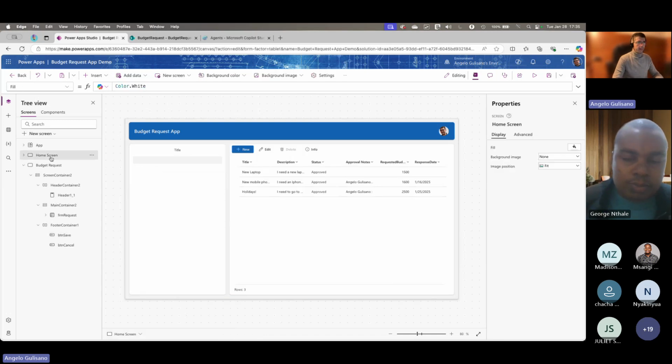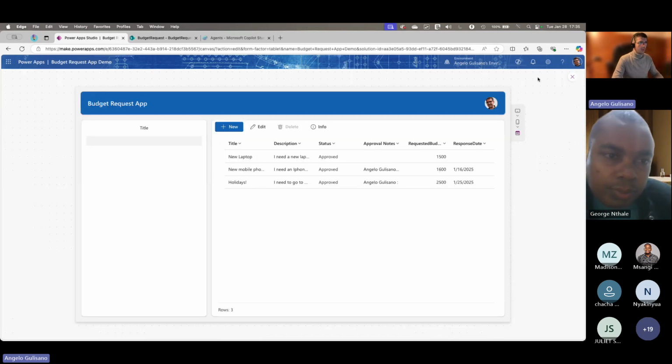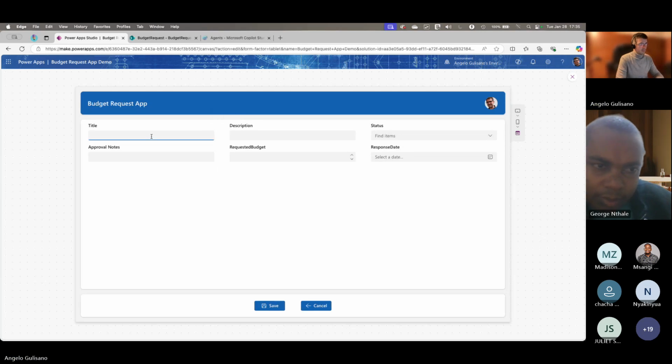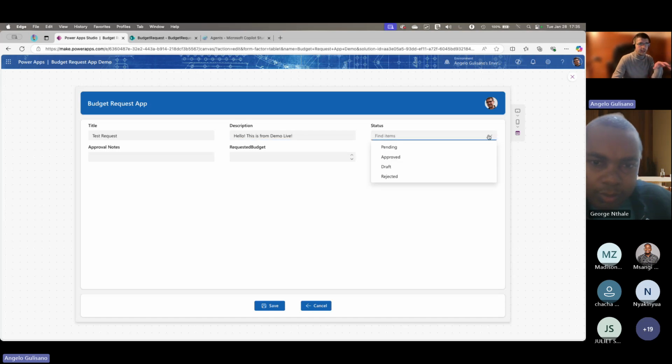We can try the first part of the demo. So new, test request, description. Of course, in a real case we need to customize this because, for example, if you create a new request, the default is draft.